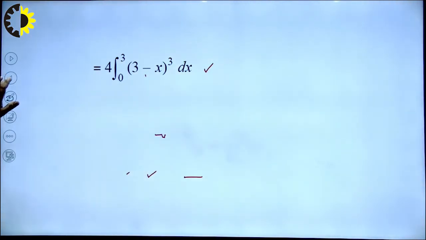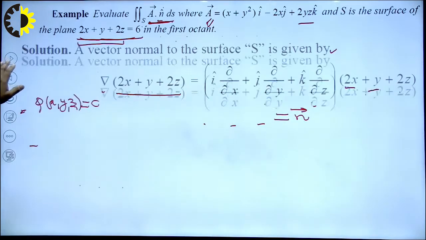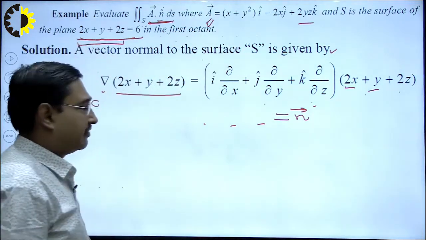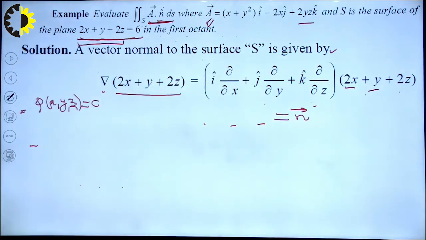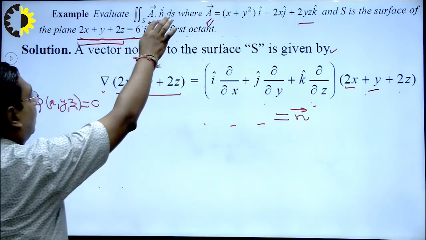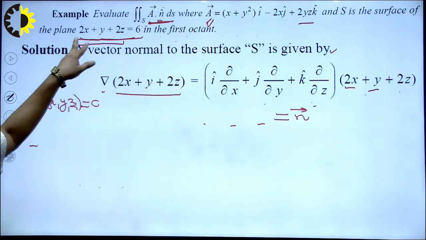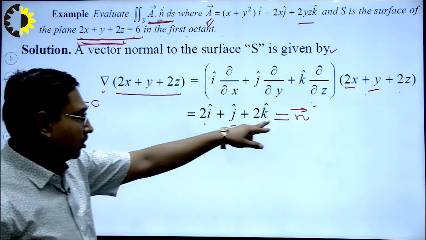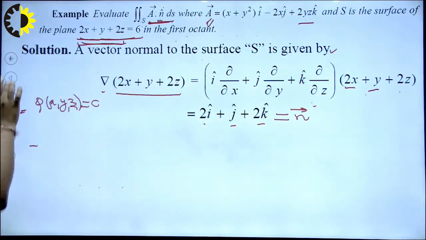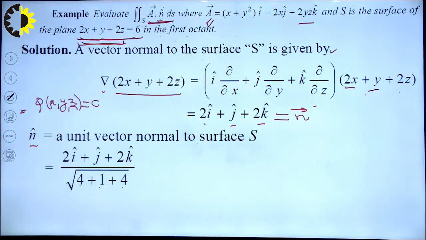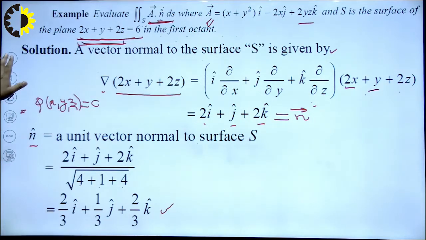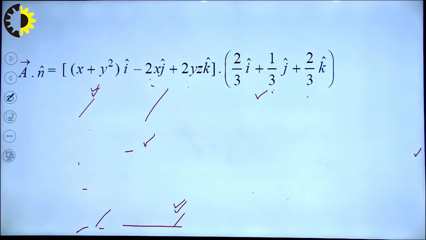Let me explain once again what we have done. This surface integral was to be evaluated. The function A and the surface must be given. They were with us, so we could try to find the surface integral. First of all, I calculated n cap. For this, grad phi for this function was calculated. The value so obtained was vector m. This vector was converted to a unit vector, and unit vector n cap was written as this. Now A dot n was calculated.